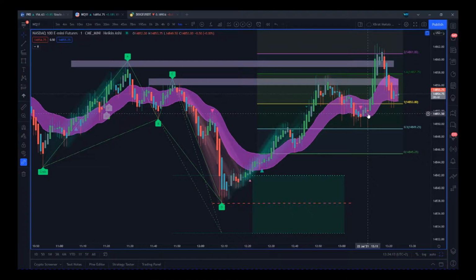Hopefully this helps. This was purely harmonics and it was on the 1 minute. I wanted to choose a very small time frame just to show you how valuable it is on those smaller time frames, as well as 5, 15, 30, 60 minute, even a daily time frame. So hopefully that helps for our users and prospective users of our harmonic patterns,